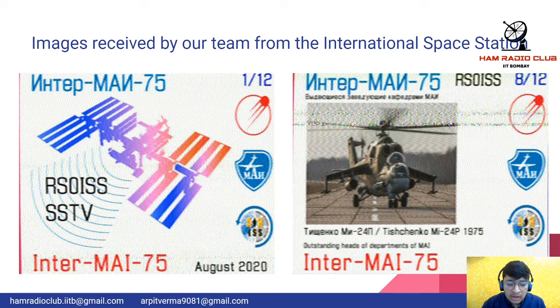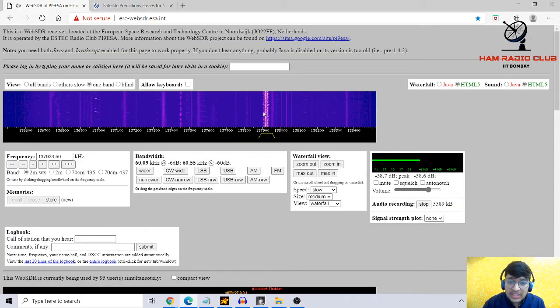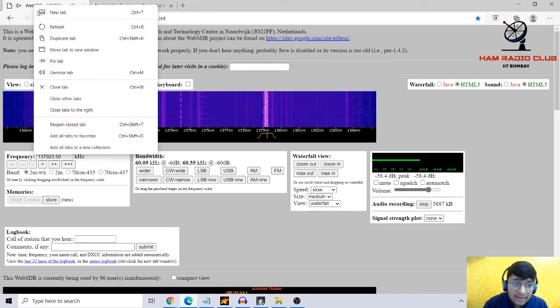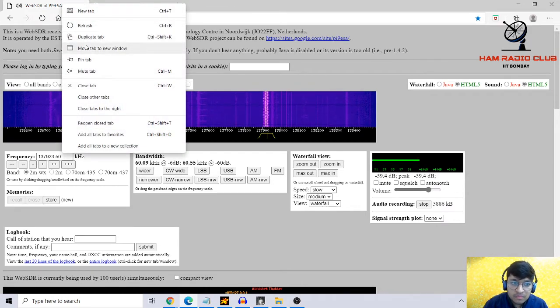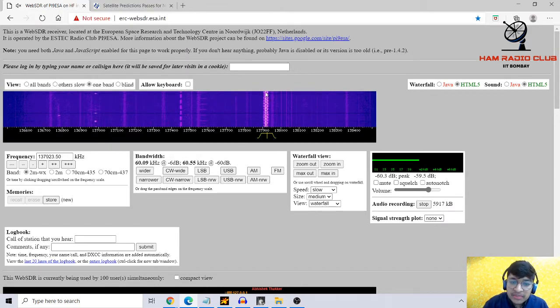So now I think we'll go back to the WebSDR. I'll again make you listen to the sounds. You can see this has become warmer, and so I'll unmute. This is basically a rhythmic sound which comes, which will then be decoded. There are 5 more minutes before we complete the recording.